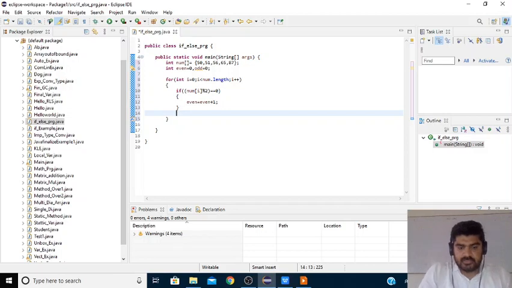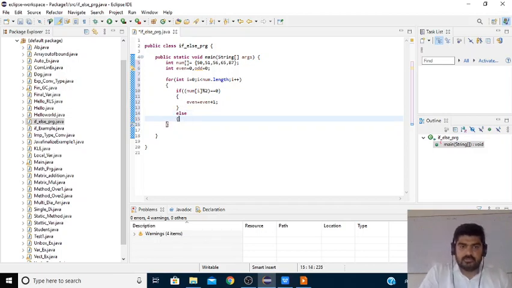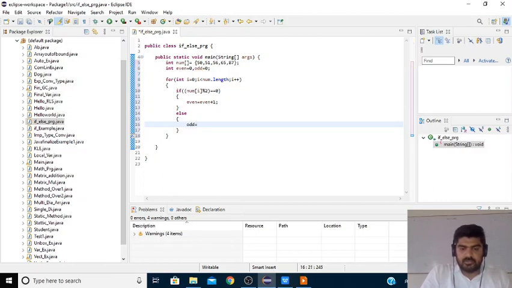Next we will have an else block. Here we need to increment the odd: odd equal to odd plus 1.